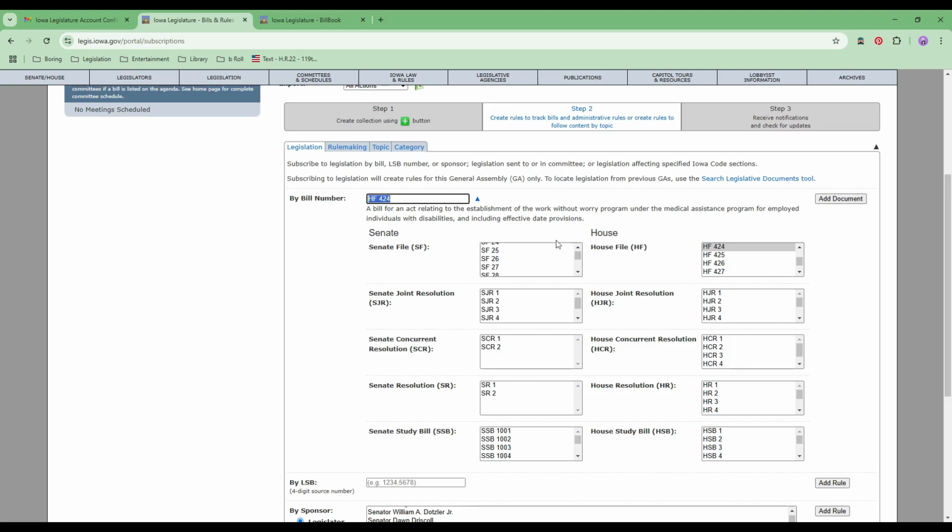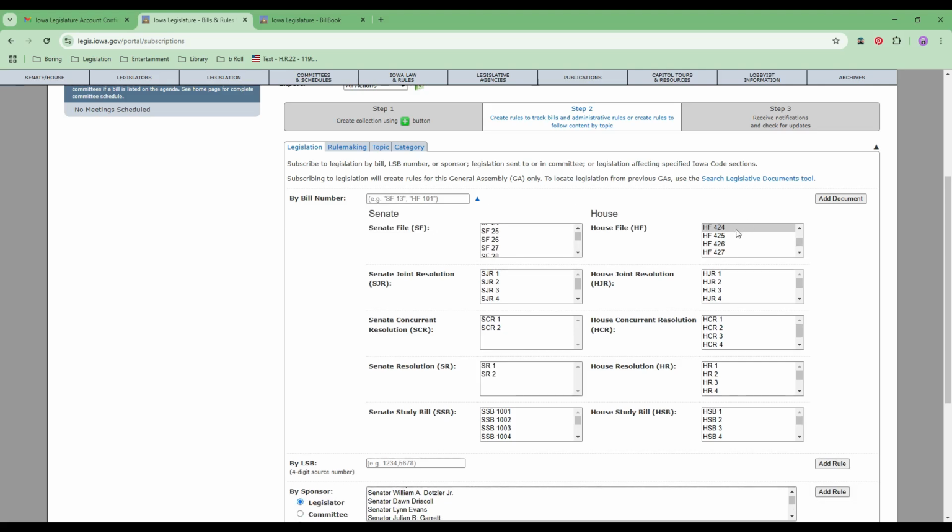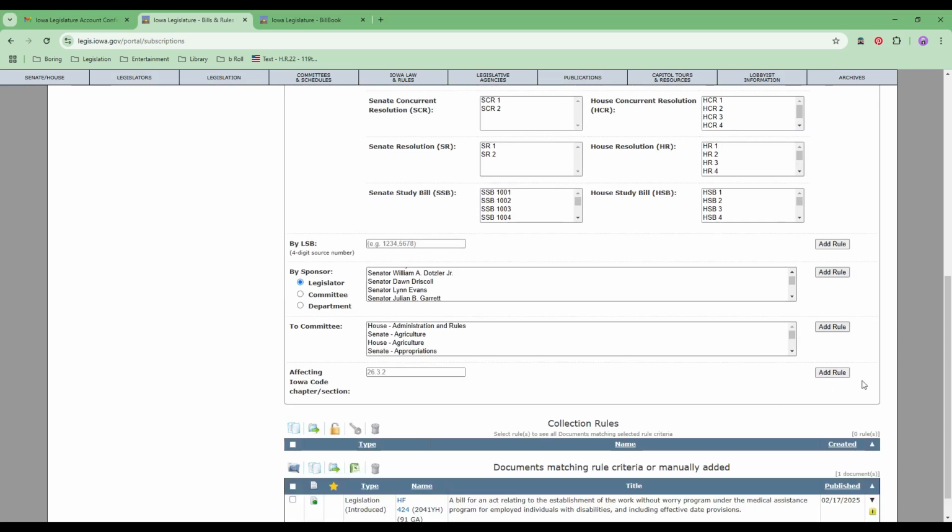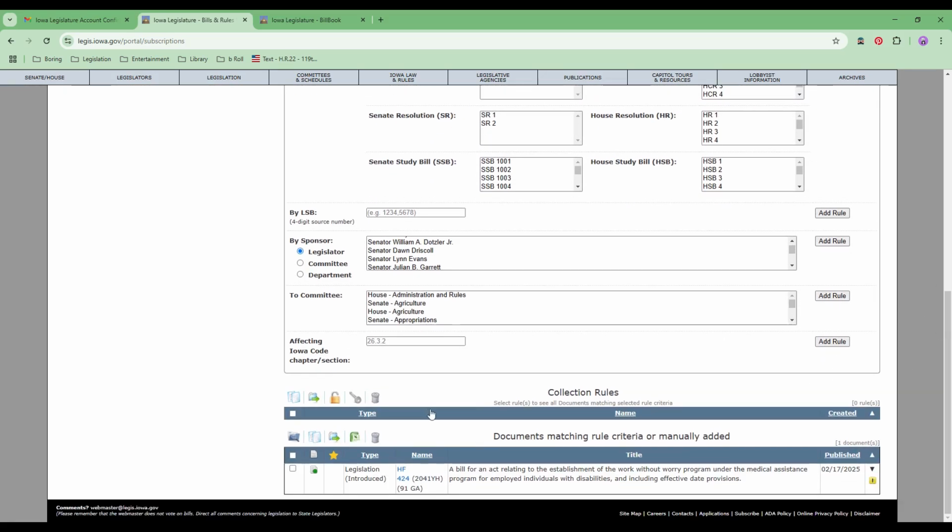If we hadn't clicked on it over here, so let's say we had just typed it up here, HF424, right? We could click off of it and it's still going to bring it up. Once this little summary piece is here, that's when you know you can add it. So then we're going to add document and scroll down here. And then we have collection